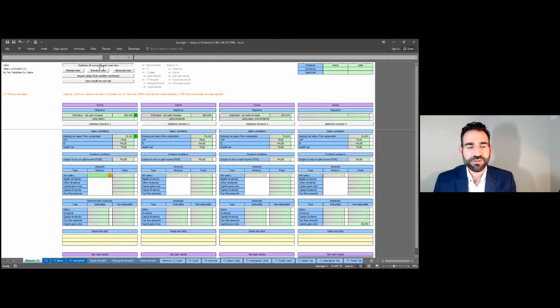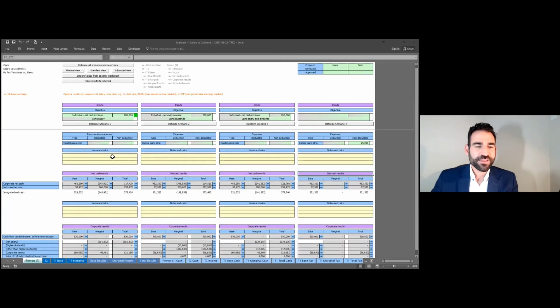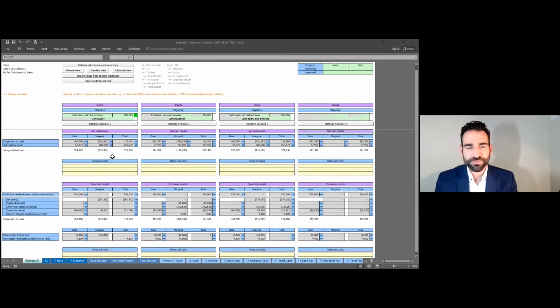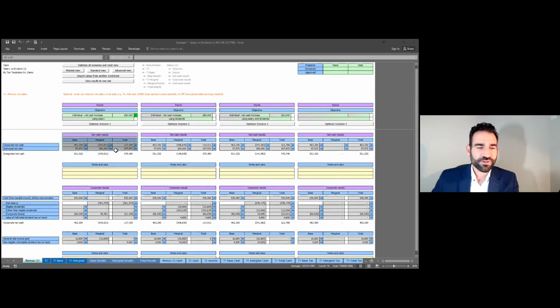Right, and once all the rows are hidden for us, as we can see is occurring right now, if I go ahead and scroll down, this is where we're going to be able to see all the results. And I'm going to walk through these results very slowly. So first off, I'm going to talk about the net cash results section. As a reminder, what we're doing in this case is we're trying to target $200,000 for a client. And what the algorithm is doing, it is maximizing the amount of corporate dollars left behind in the corporation. So said another way, we want to use as few corporate cash dollars as possible to meet the target of